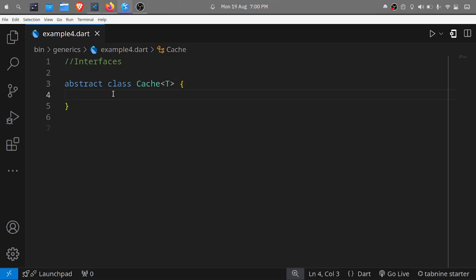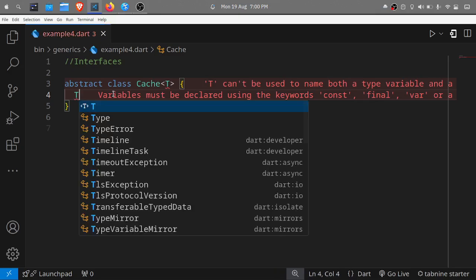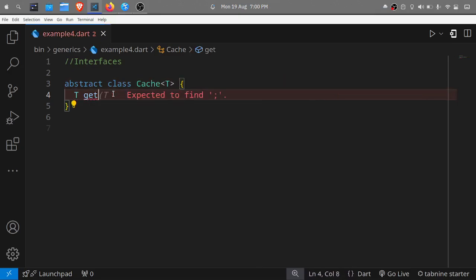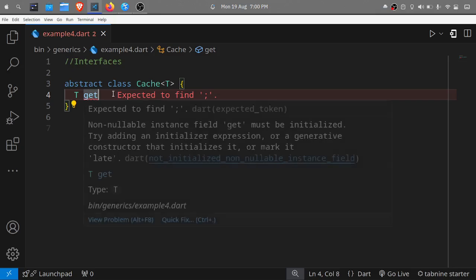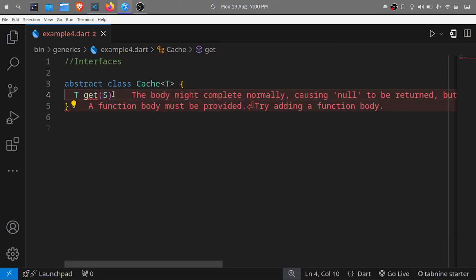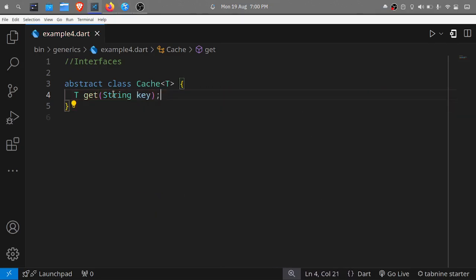Okay, so we have that, and we are going to provide a function that returns t. That's one, to be able to get whatever we pass to it. So we're going to call that key, which whatever class is going to be